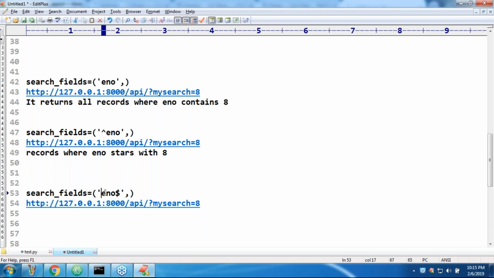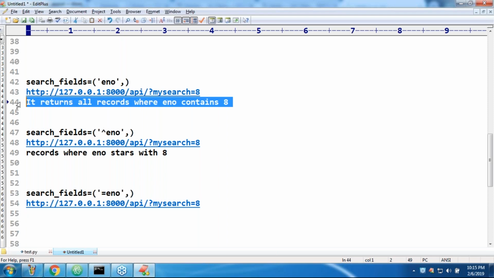Here, in the legend, already some person asked, sir, I want exact match. How can you do exact match? Match is very simple, sir. What I will do is equal enum, like this, right? So the equal symbol we have to take, which is considered as exact match. Remember this one. So it returns all records